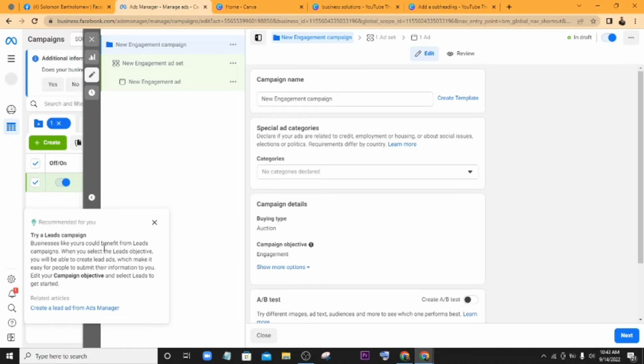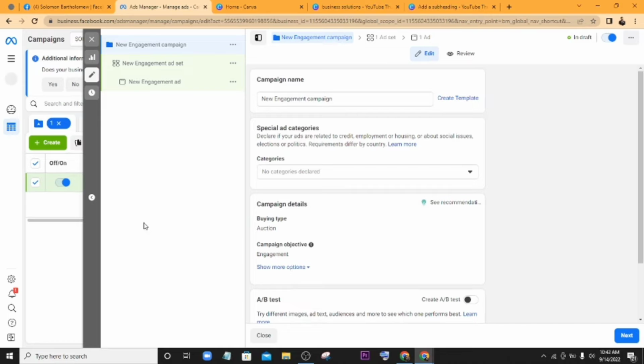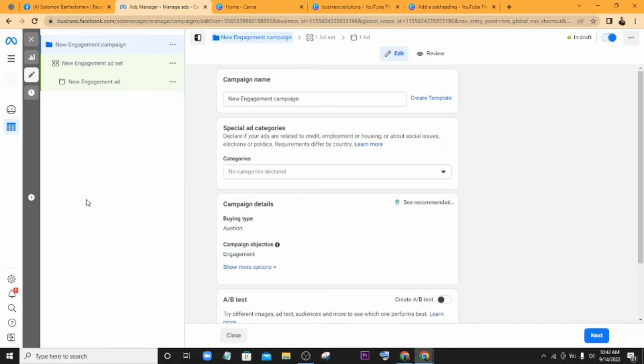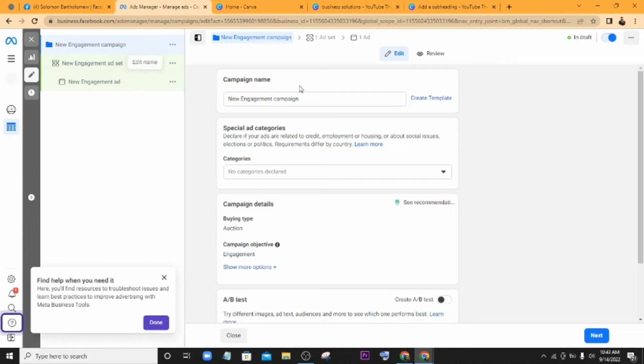The campaign level is where you pick stuff like your campaign objectives and the rest of them, and then your ad set level is where you decide who you want to show your ads to, and then your ad level is basically where you show what your ad is about. So your objective is defined at your campaign level. You want to define your campaign objective and a little setting there. Your ad set level is where you pick the audience you are targeting, and some basic information. My friend would illustrate it like this: your campaign level is the vehicle, the ad set level is where you are driving this vehicle to, and then the ad level is the content of that vehicle. Okay, so that's basically what you want to cover there.